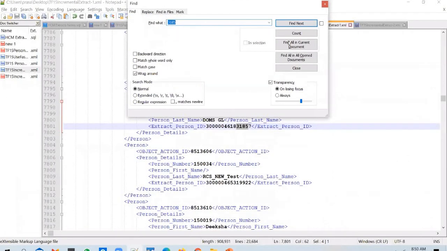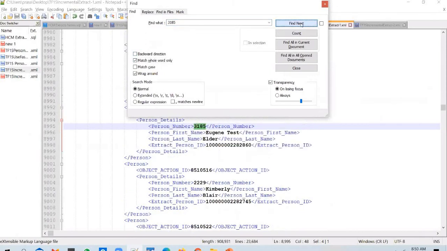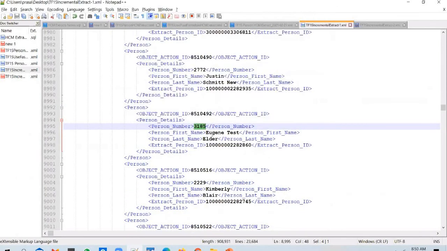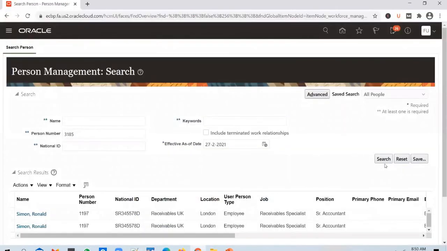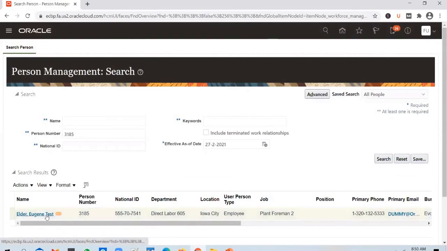Let's say 3185. Yeah, let's pick this one. I've picked up one of the employees from the first extract and I want to update the name. So you see that Elder Eugene, there is a test in the last name. Let's take it out and save the employee.